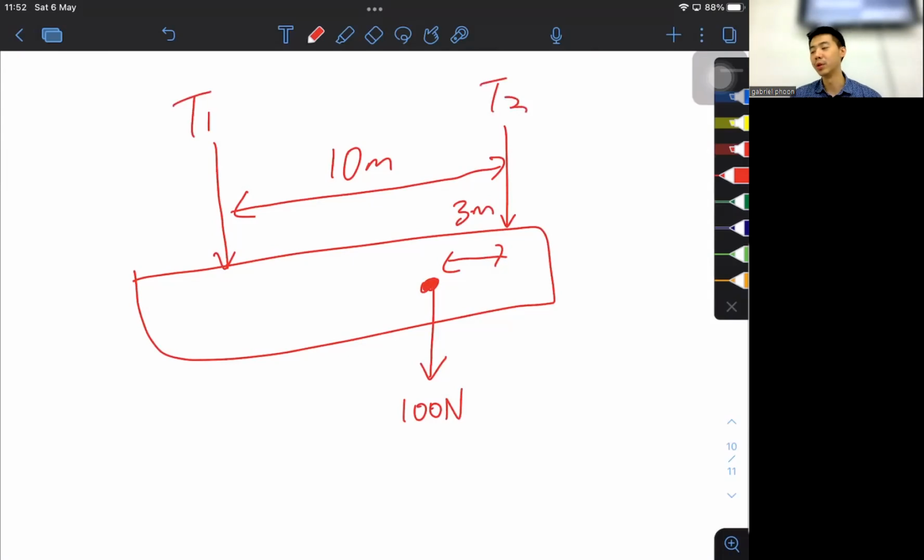This one also, students always find it very hard to do. How much is tension 1? How to do? How much? 700? No, tension 1 more. So there's like a log here, right? And then it's hung by 2 strings. How do you know it's 300? Because E2 is bigger, so